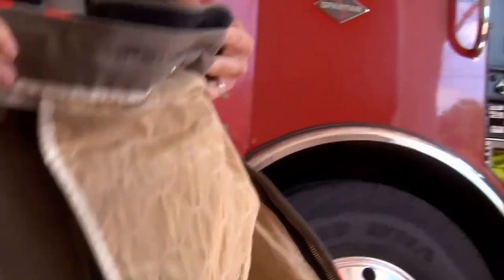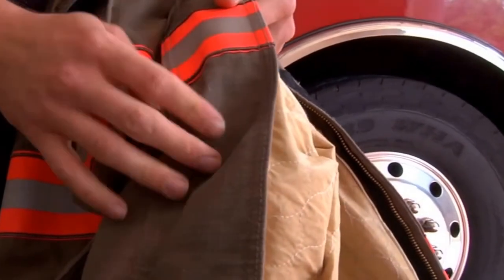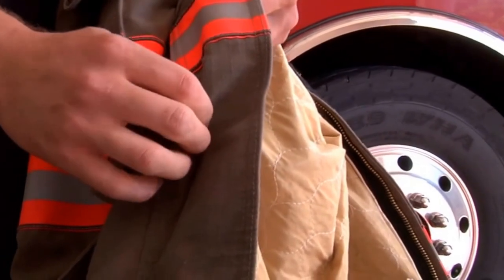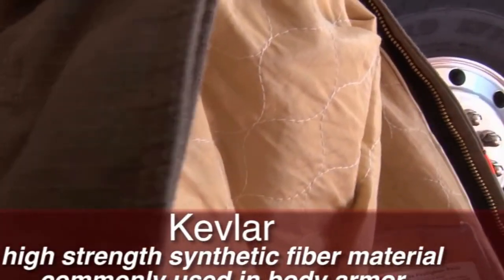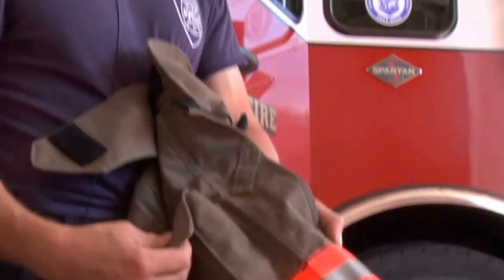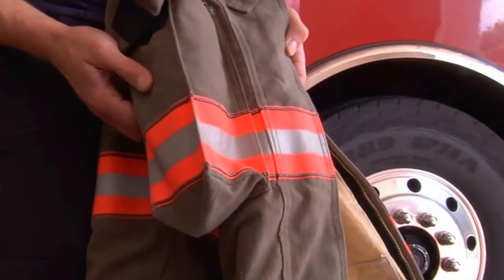This outside is what gives us our protection as far as getting cut and torn. It's a very tough material. It's made with Kevlar, and it also won't burn. And it's got reflective on it, so it's easier to see each other inside of a house with the flashlights. It's very dark inside of a house if it's on fire, and also if we're out on the highway for a